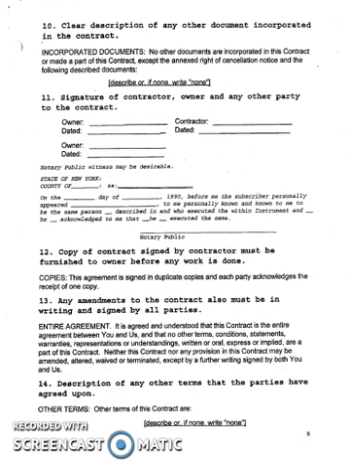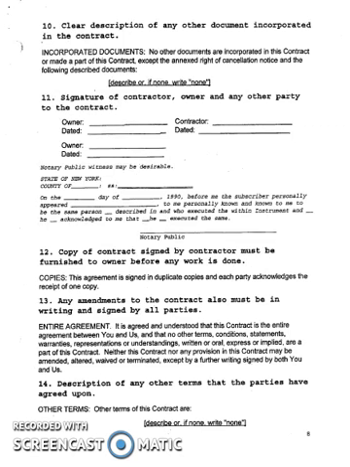Number 10 is a clear description of any other documents incorporated into the contract. So if you have drawings, blueprints, or specifications, this would be the place to put this in here. We have a signature area as number 11. That's typically at the bottom of the contract, so that would be at the end. You see in this document here, they go on with a few other